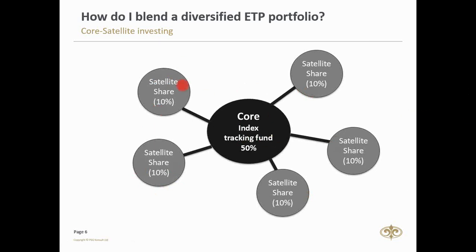So it depends on who you are. As a novice investor, you'll save up until you've got enough to start building up, and I suggest looking at 10,000 plus. Save up 10,000 Rand, go buy your first tranche of ETPs, and then add to that until such time as you've got 50%. And then down the line you want to add maybe more satellites, and this is where you go for a particular share, for example. This is if you want a bit of an active and a passive approach in one portfolio. So I'm tracking the market, and I'm trying to outperform the market.